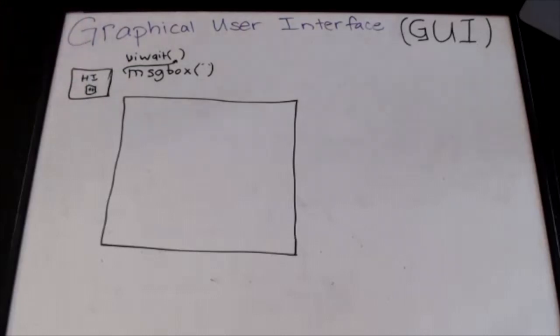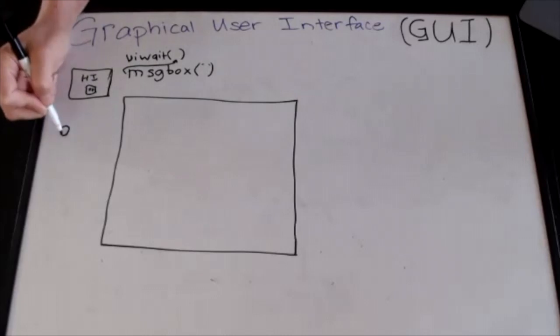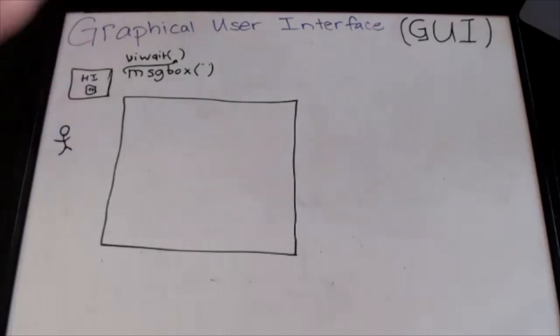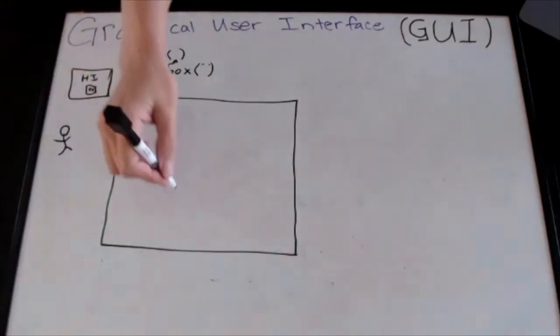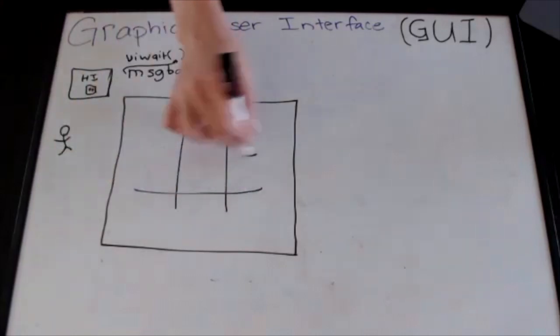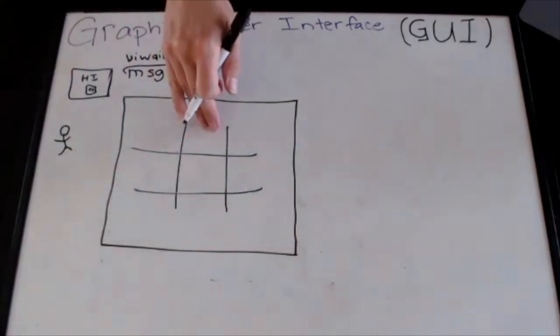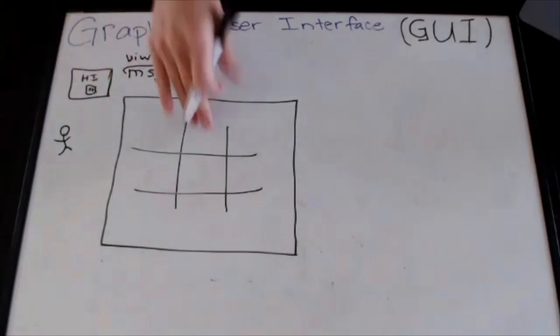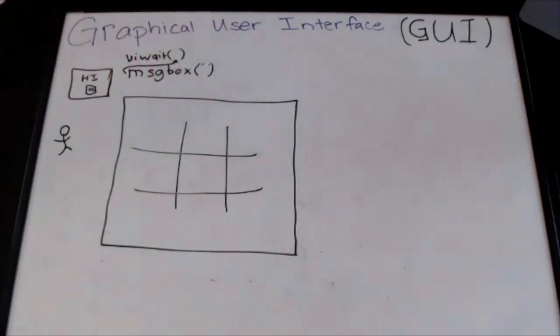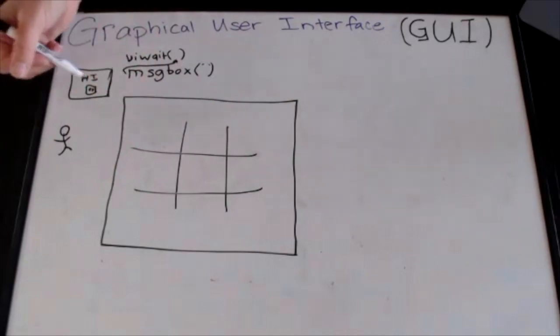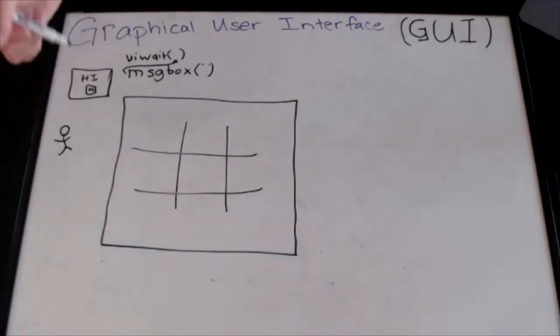So at this point, right off the bat, I'm thinking about my user. So I'm thinking, okay, this person comes in and they're wanting to run my program. Do they want to log in and see this big Tic Tac Toe board, and I expect it to be intuitive, just get started and play? Or do I want to give them some type of message that says, welcome, this is Tic Tac Toe, and